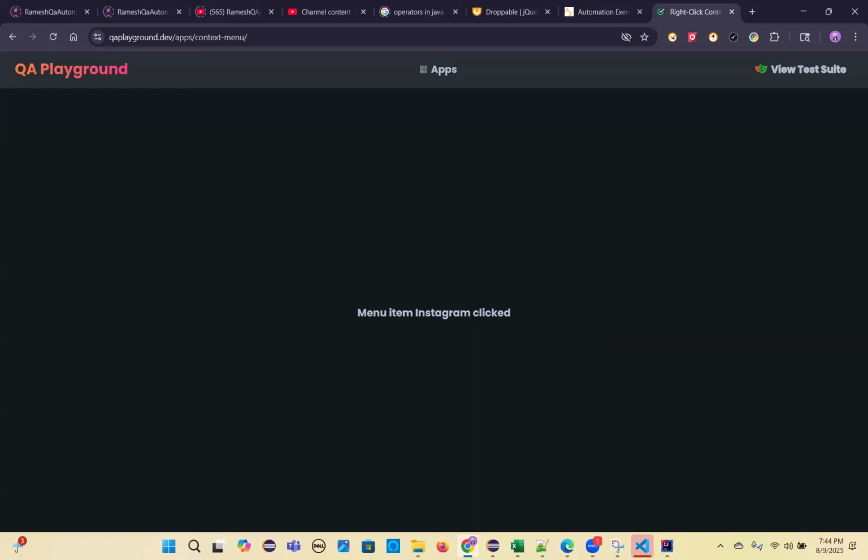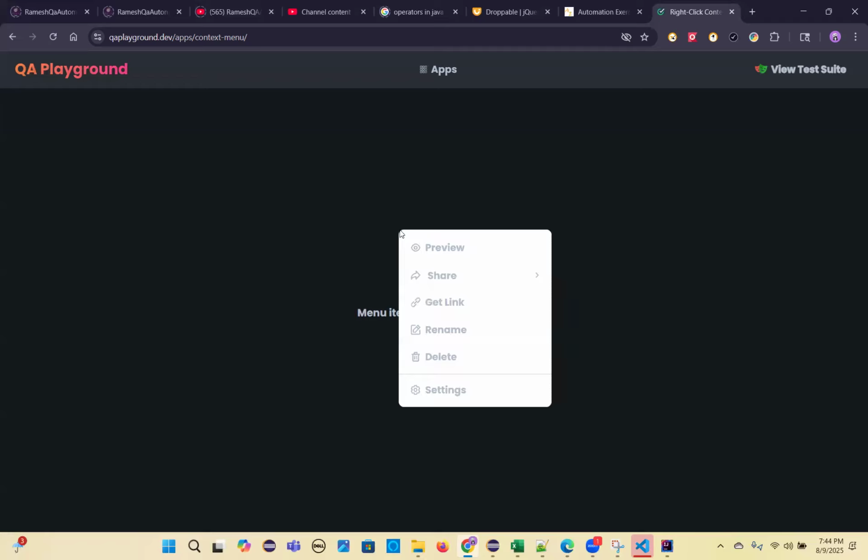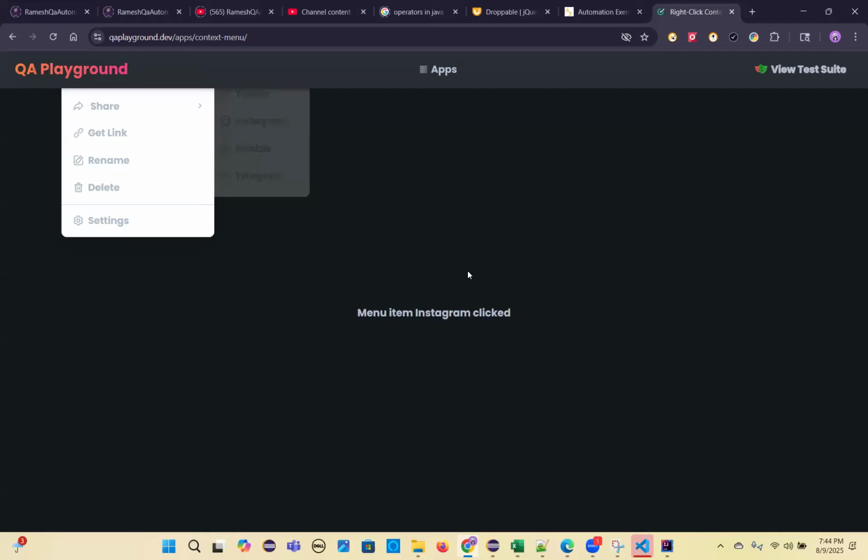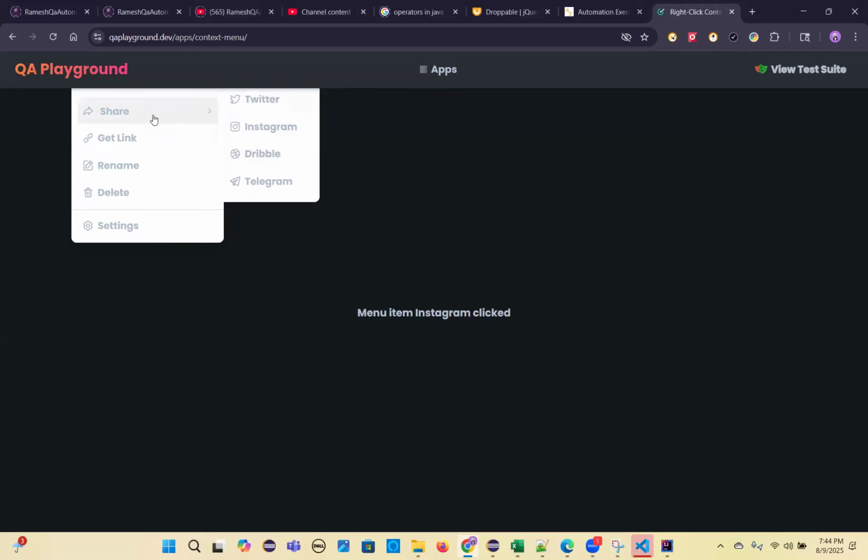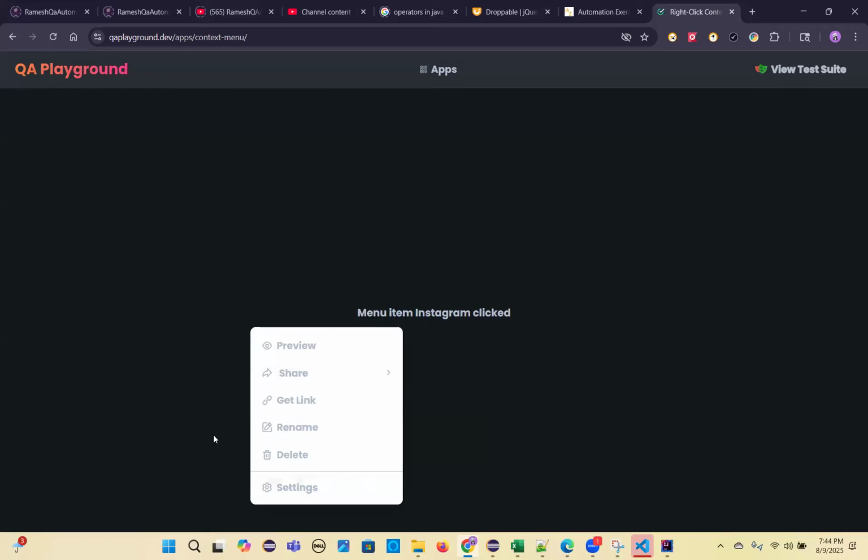Then you get all the elements. So what are all the elements? When you mouse over all these elements, you have to get these items. So right click, you have to open